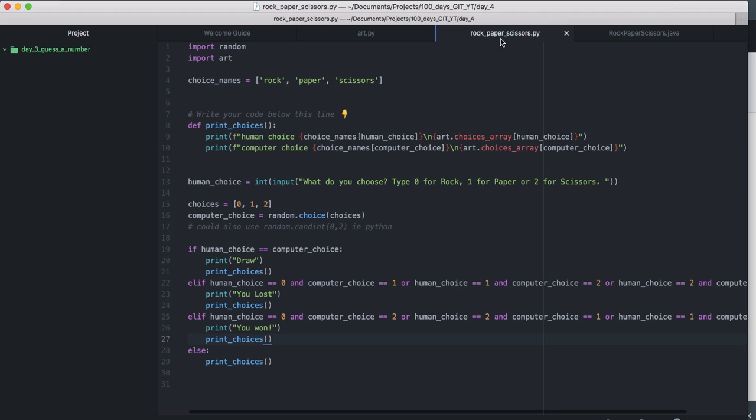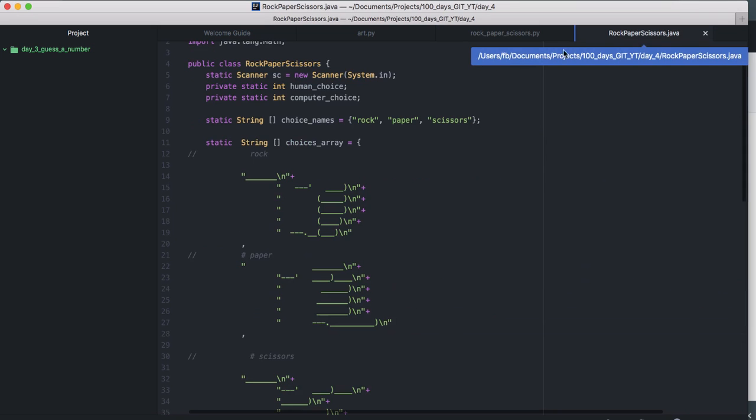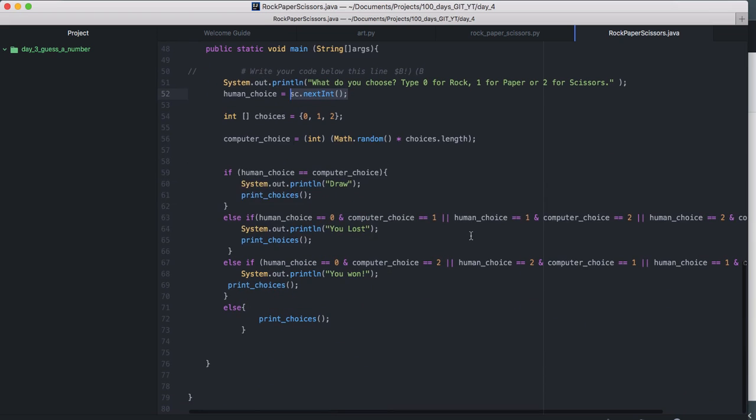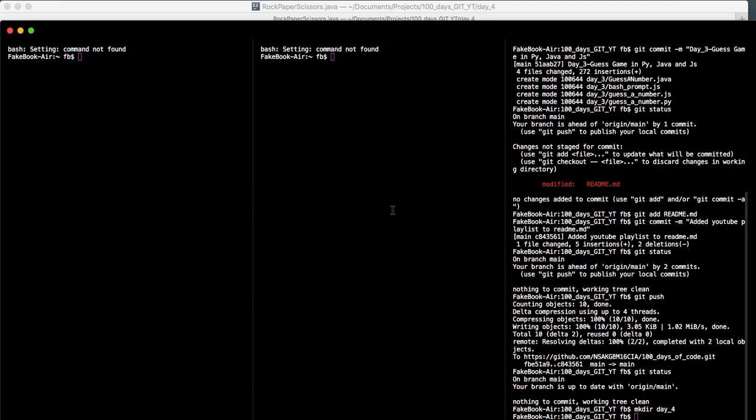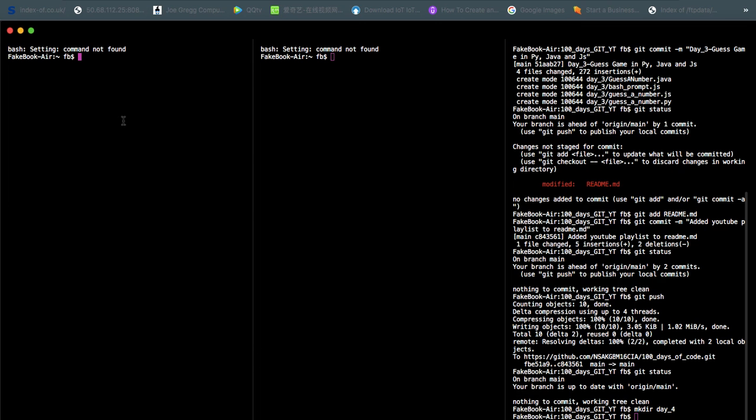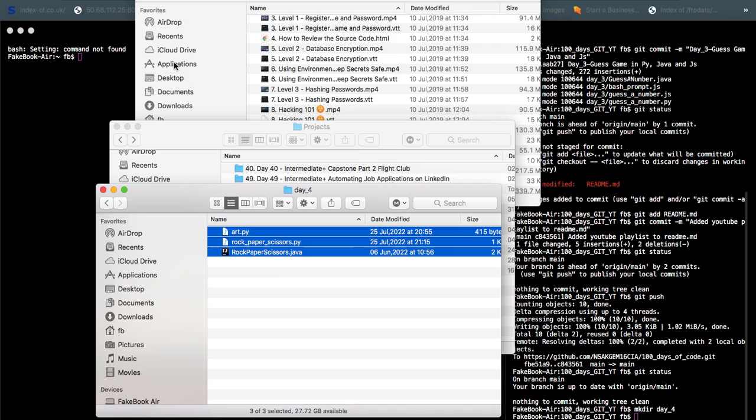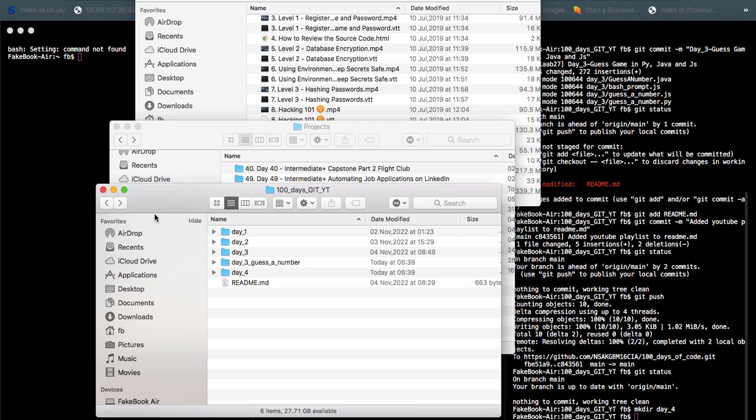Cool. And then let's run it, right? I think that's what we want to do, and then we can come back onto the Java side. So here we are. We're gonna, as usual, copy our files. I don't know why this keeps coming back, but I just removed it a moment ago.